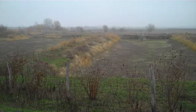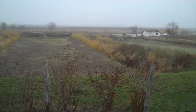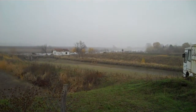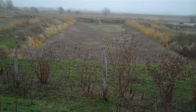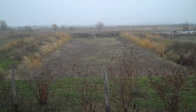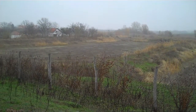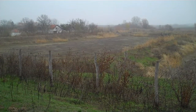The weather for recording is not so nice now, but you can also see some other ponds. We presented the right one as a control, and this one would be the experimental pond with the Daphnia grazing in a stationary phase of growth, and the next one would also be an experimental one with Daphnia grazing in